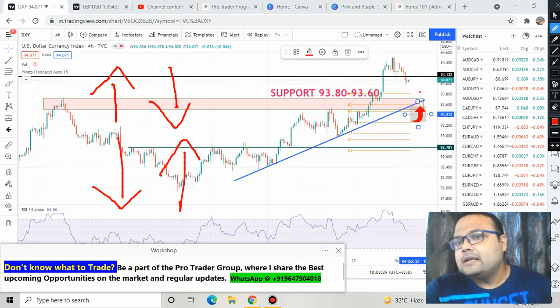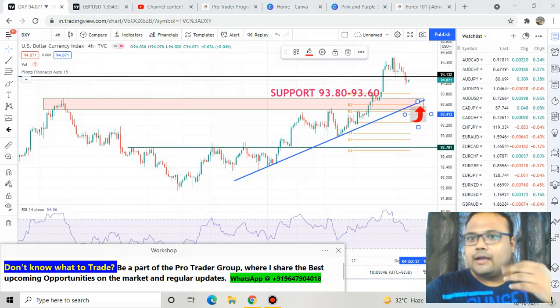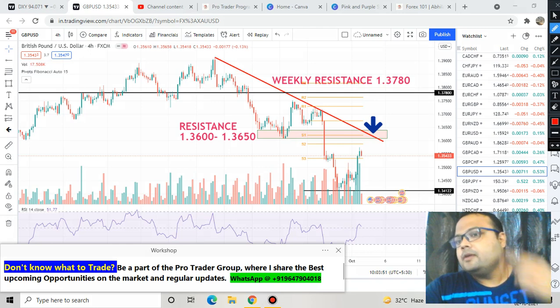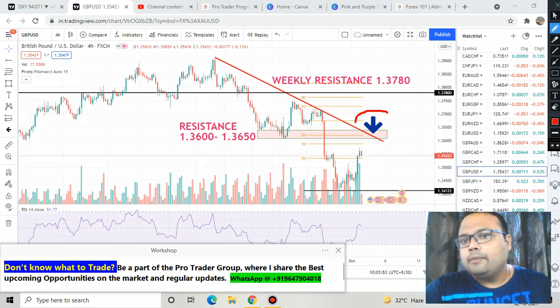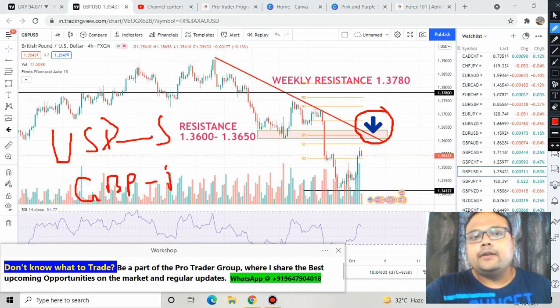So there is a possibility here that if GBP comes down on Monday, if DXY, the US dollar, comes down on Monday, then US dollar will be bouncing from this level, because it also has a double support here from the trend line as well as this 93.80 to 93.60. So US dollar has a double support at this particular level, and there is a possibility that at the same time GBP also will be in the same spot here. So dollar will be at the support, and GBP will be at the resistance.